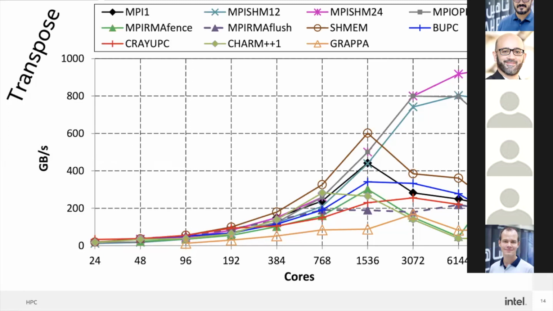So even though SHMEM is extremely efficient, when you push it into the 8-byte message regime, the efficiency goes down. Whereas when you do MPI with shared memory, you aggregate messages at the node level. So that's the difference. And of course, if you did SHMEM plus OpenMP, you would see the exact same effect. It's not MPI, it's just that we chose to write MPI plus hybrid.